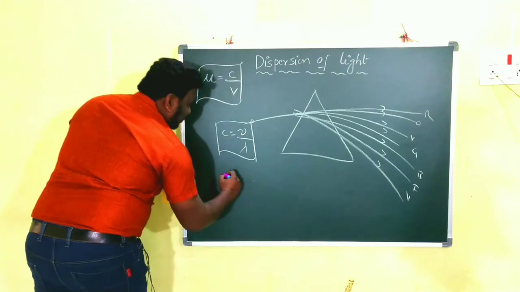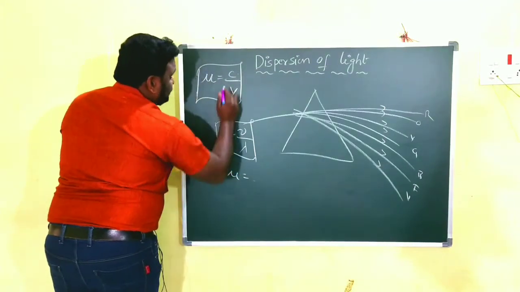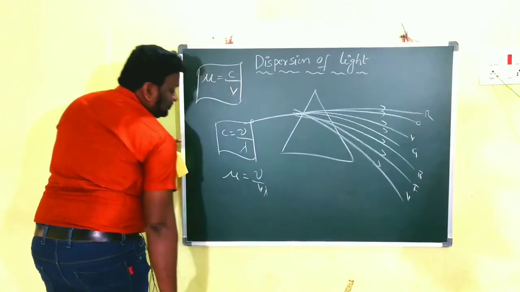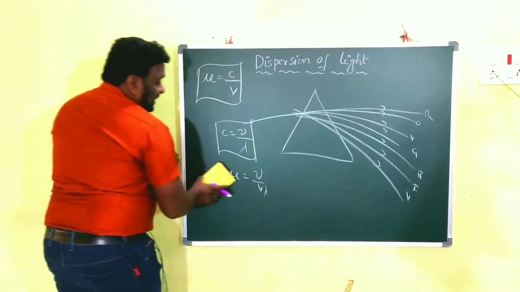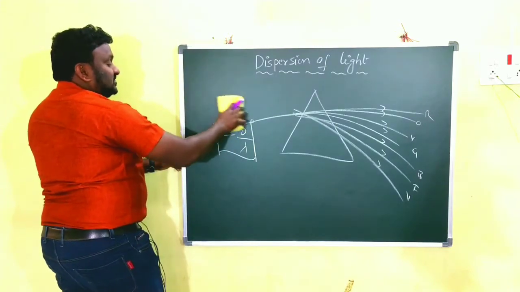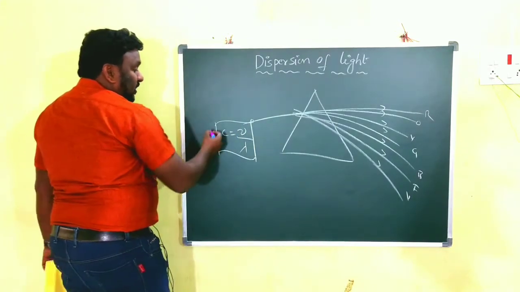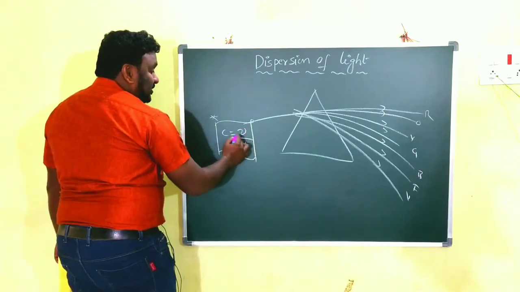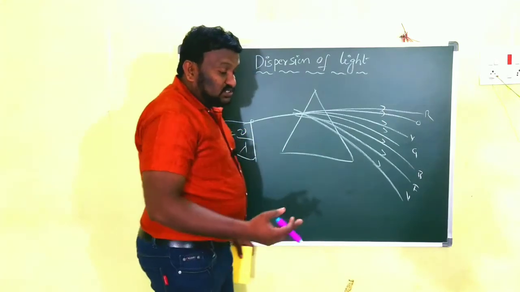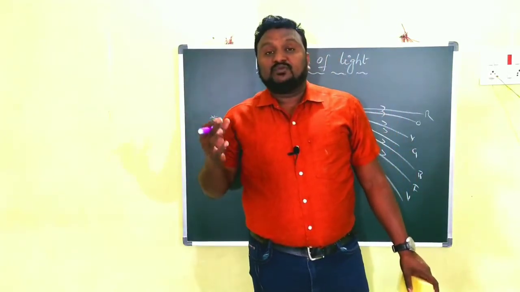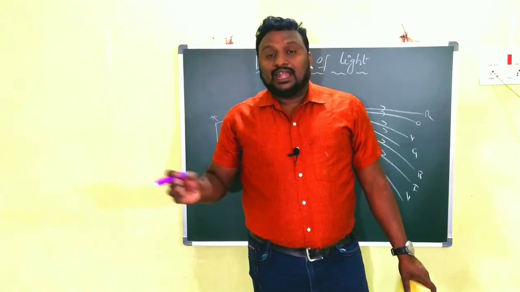Then substitute here, mu is equal to C by V, that is nu lambda by V. Children, in this formula you have to know about nu and lambda. What I told you, C is constant for every color, and while the light is moving from one medium to another medium,